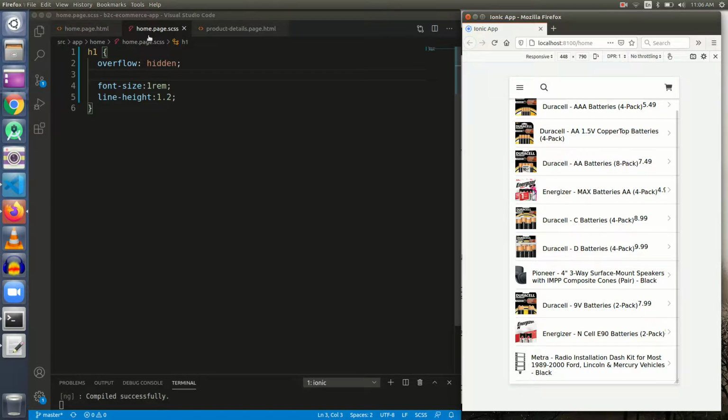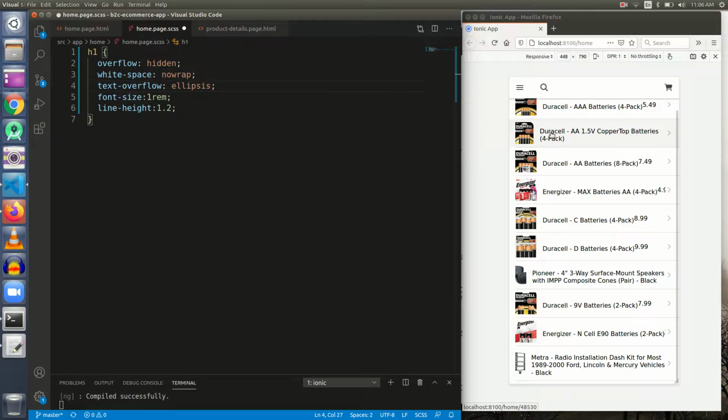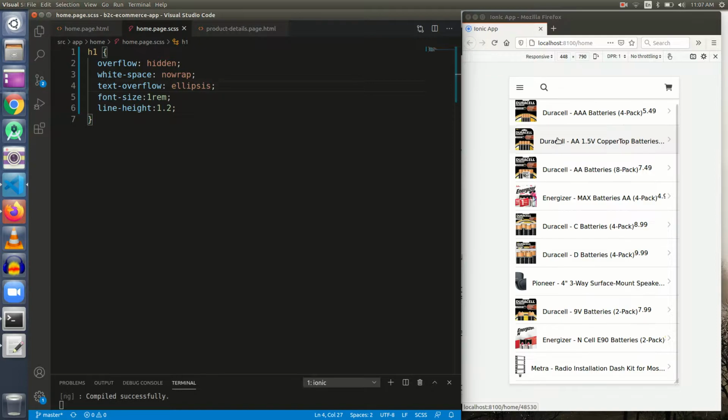So what I am doing is giving it a property of no wrap. I mean, if the text goes to 2 lines, it will not wrap it. It will just put 3 ellipses at the end, and the list height and the item height will be consistent throughout the list. Now as I save it, see, now the height of the items inside the list is consistent.